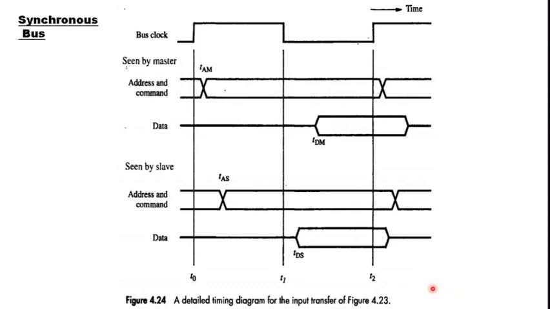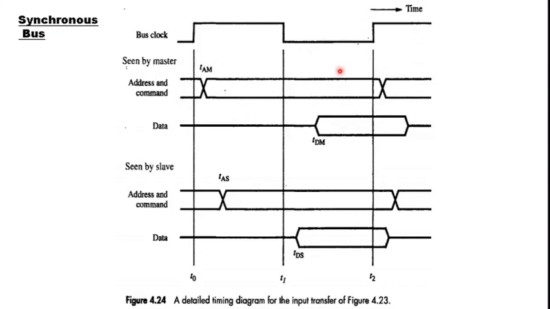So in that case we can't say that the operation should complete within one bus clock cycle, or if we are adamant on that, we have to extend the bus clock cycle width in such a way that it could accommodate the delays introduced by or experienced by the slowest of the devices. So in that case this bus clock width should be at least a million times larger than what we see here to accommodate all the devices in a typical computer system, which is not usually feasible. Okay, so what can be a typical solution? That should be thought about.